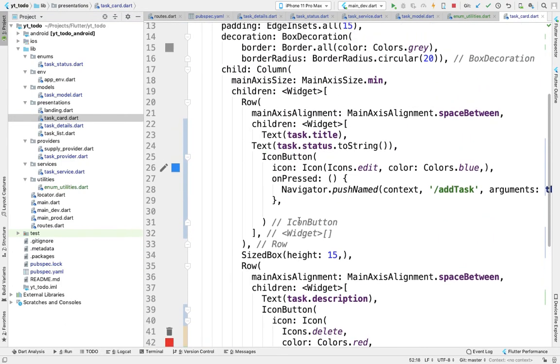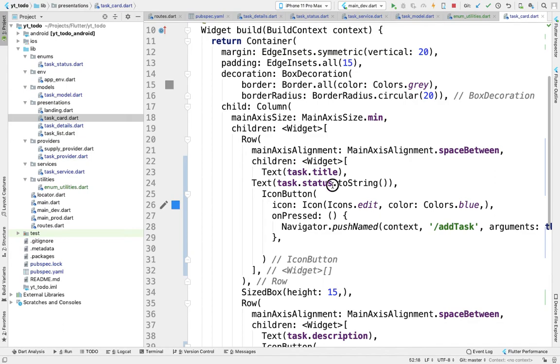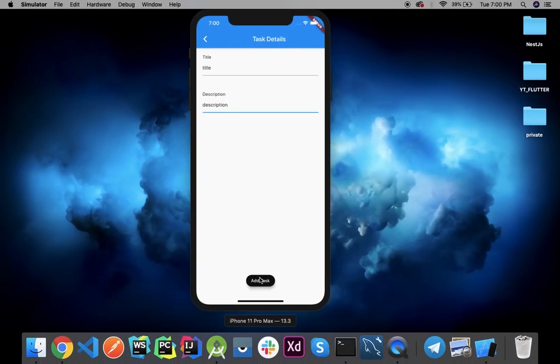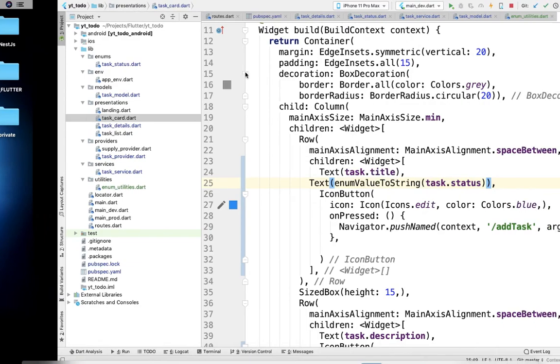And where we are adding the status, instead of doing this, what we'll do is enum value to string, task status. Okay, great. Now we'll add a task. So see, it's coming here as open. We'll change it to title case later on.